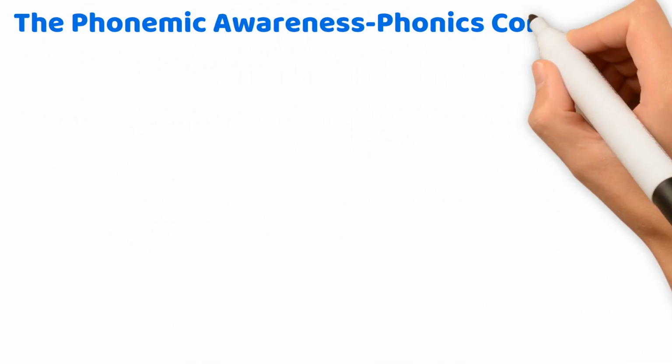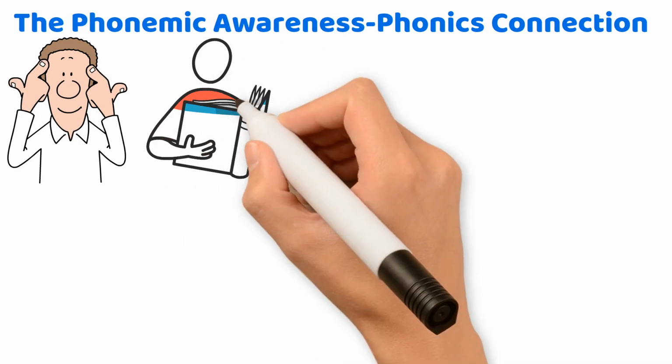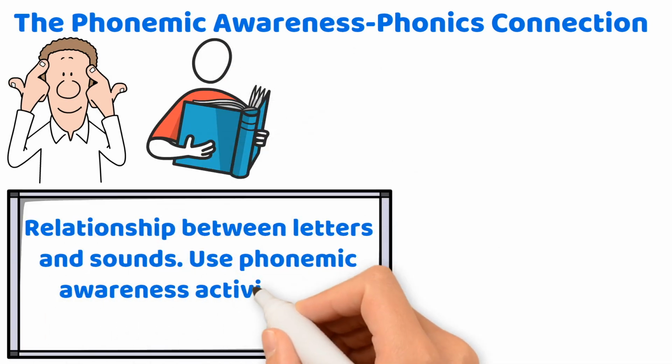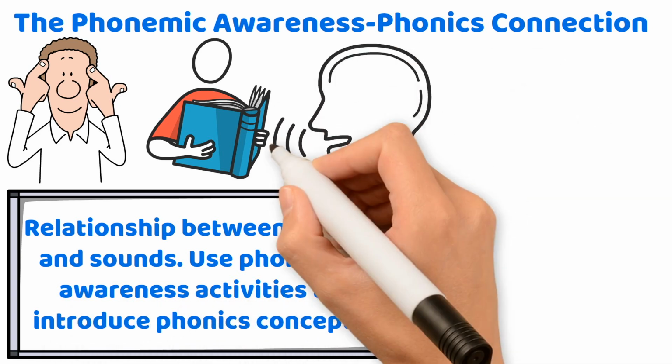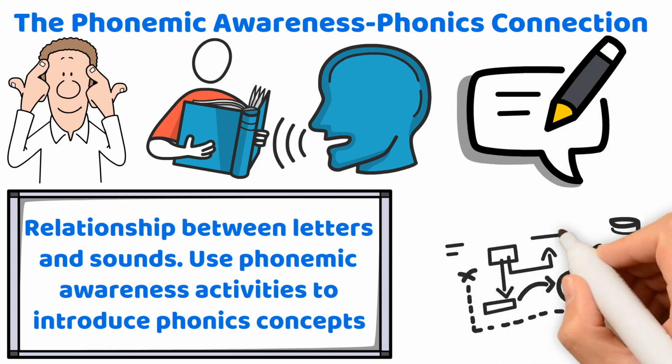Now, let's move to the phonemic awareness phonics connection. Understanding individual sounds is the precursor to phonics, where students learn the relationship between letters and sounds. Use phonemic awareness activities to introduce phonics concepts. For example, after successfully blending sounds to form a word, introduce the written form of the word, linking spoken sounds